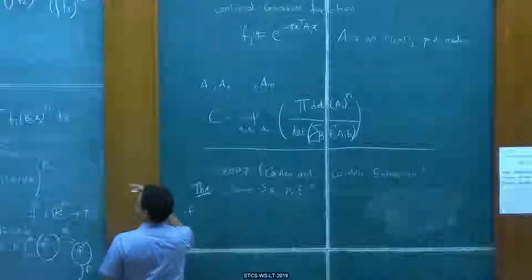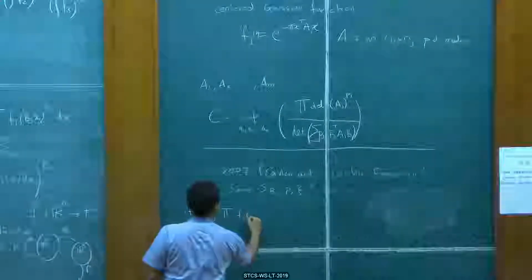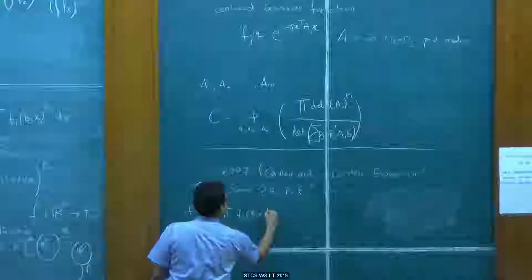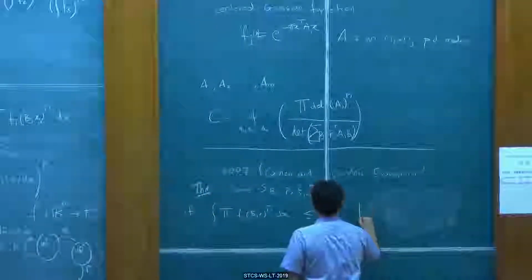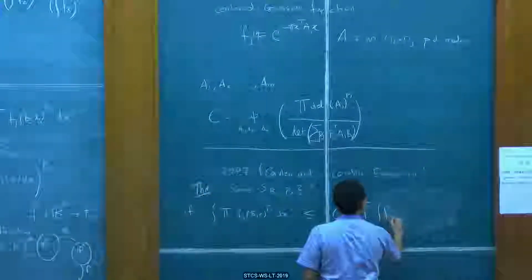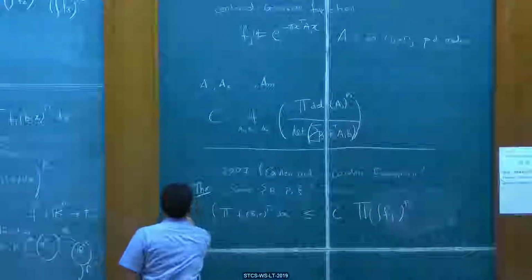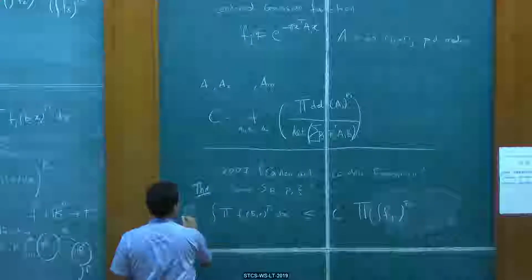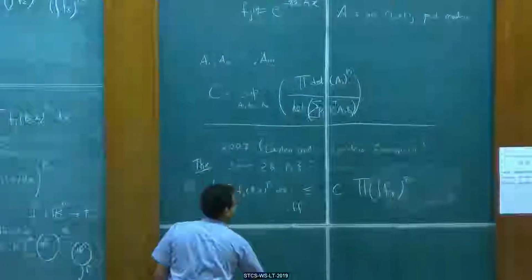If this inequality holds, which is the integral of the product of fj of bj x to the pj less than or equal to some C times, or rather this inequality holds if and only if another inequality holds, which is